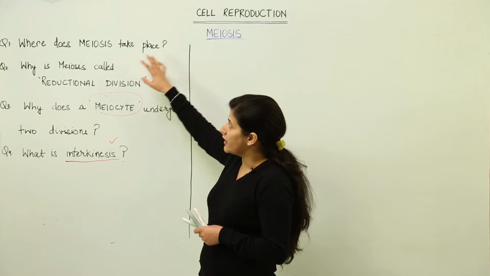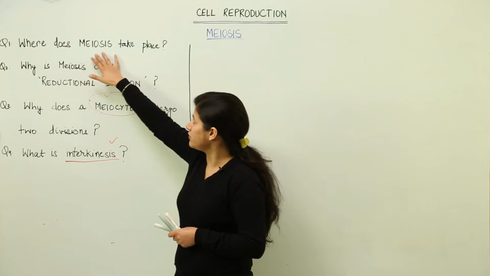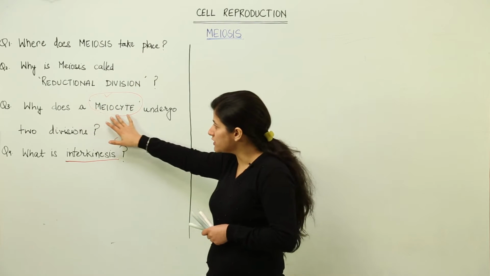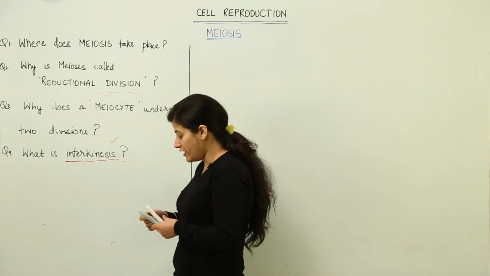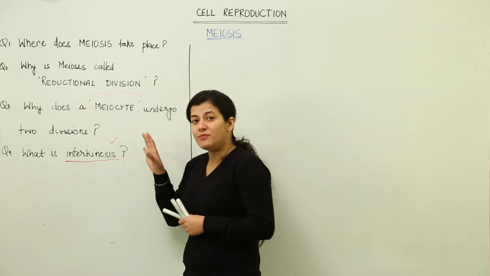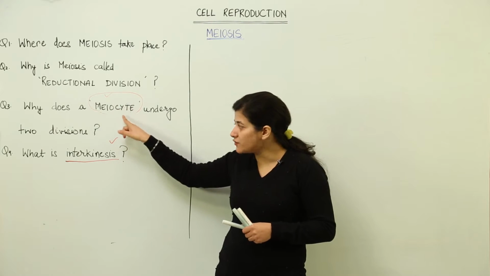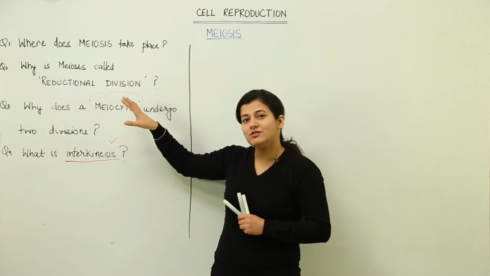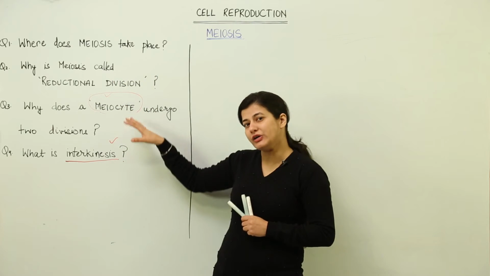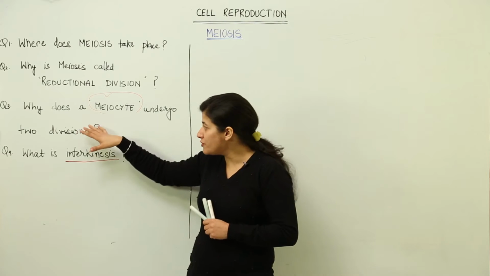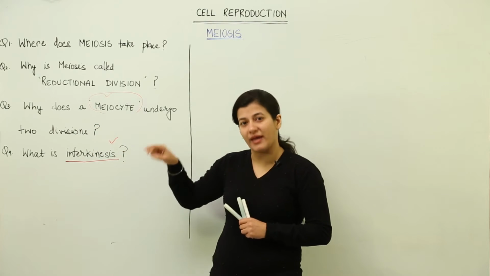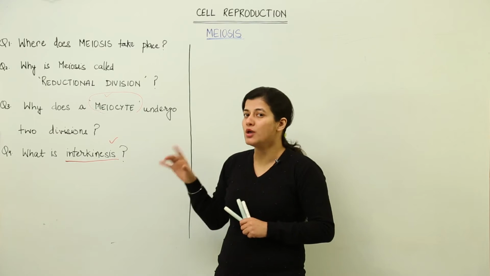Now in question number 1 I had put to you where does meiosis take place, and over here I am using the term meiocyte. So first of all, let's see what a meiocyte is. Meiocyte, cyte stands for cell, you must be knowing, and meio, something related to meiosis. So any cell which would undergo meiosis would be termed a meiocyte. So basically the meiocyte is the parent cell which has to undergo meiosis.